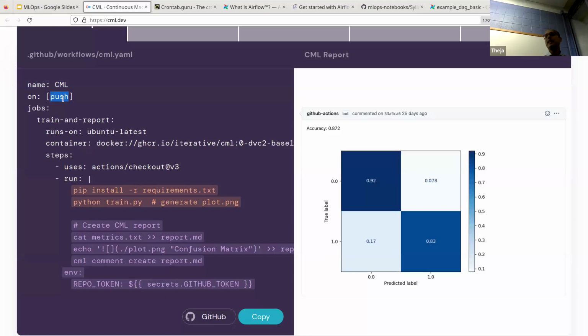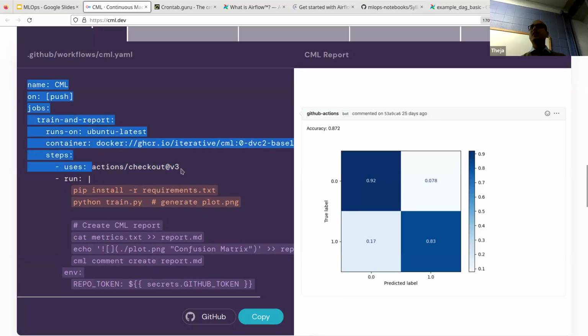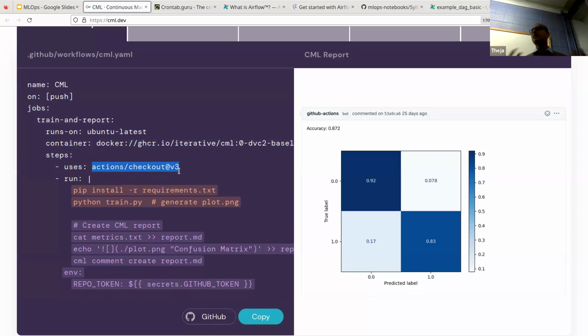And the way you specify it is like this. If a push event happens, if a pull request happens, then you can say, okay, let's trigger something. Here's the name of the job. It's called train and report. It's saying, okay, download an image, create a container, and check out the current code base. These are all very standard, so don't worry about how this is specified. This is just the first time seeing it. They may look a little bit new.